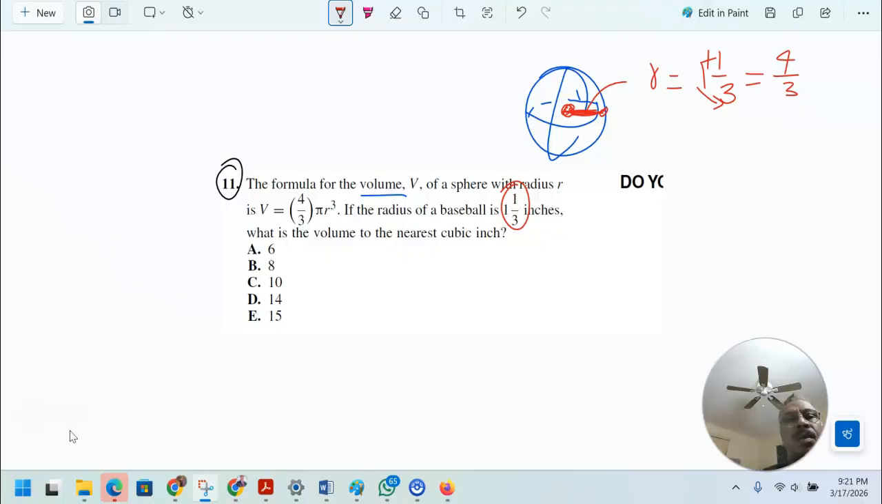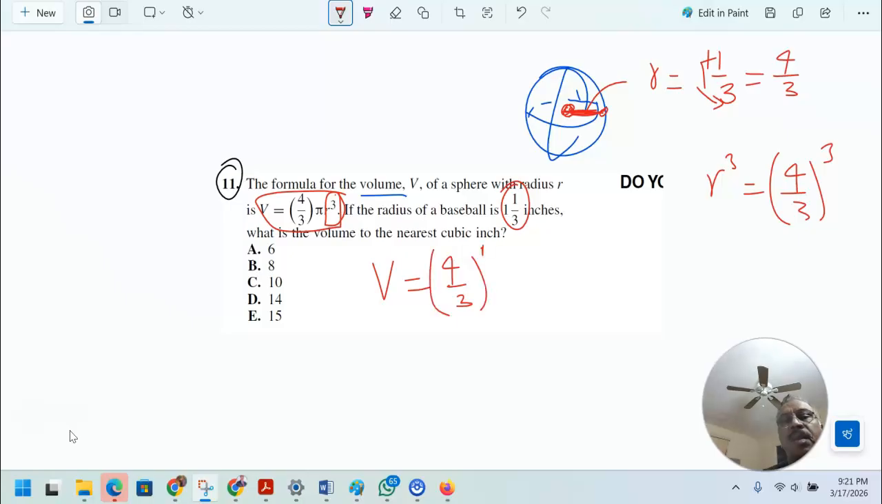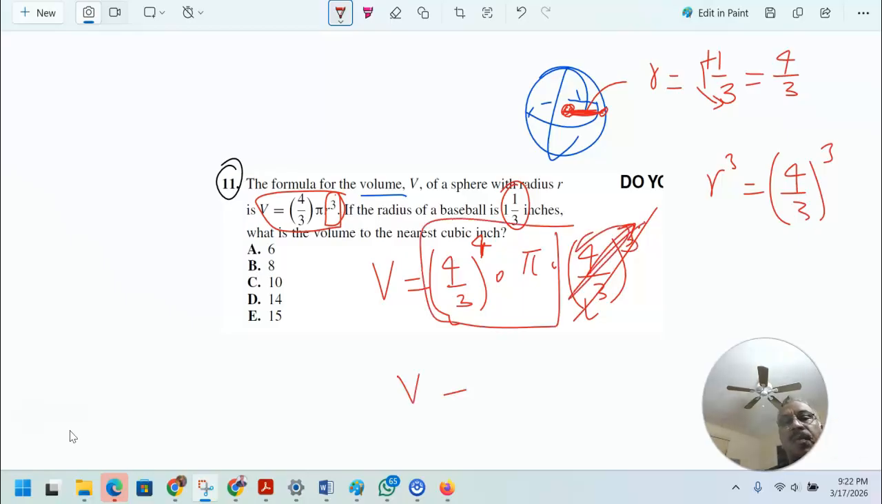So the formula, and the good thing is they gave you the formula, is 4/3, and there is an r cubed here. When you say r cubed, it basically means 4/3 three times. But then there's also one more 4/3 here. So this is 4/3, this also is 4/3, and this also is 4/3. That means altogether it is 1 plus 3, which is 4. So all you are left with is V equals 4/3